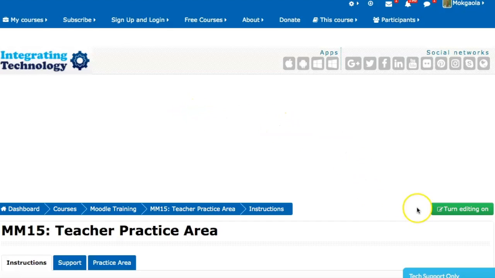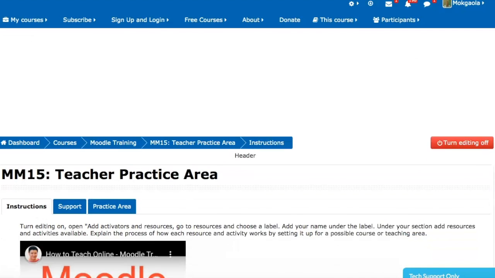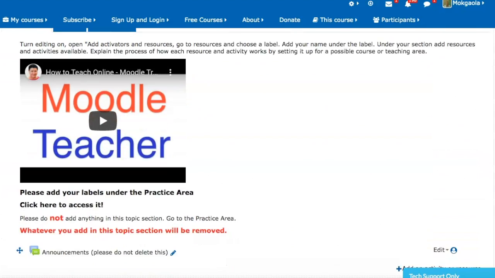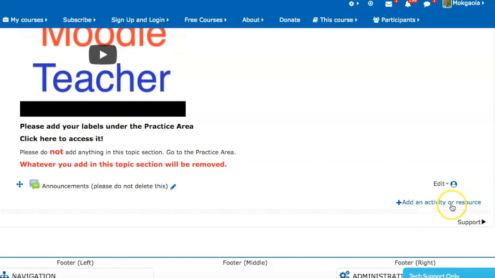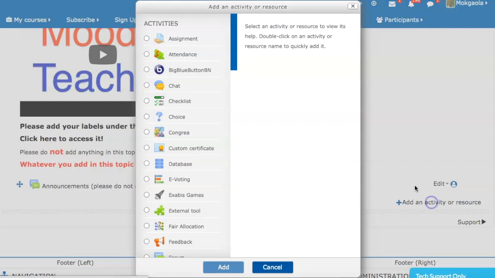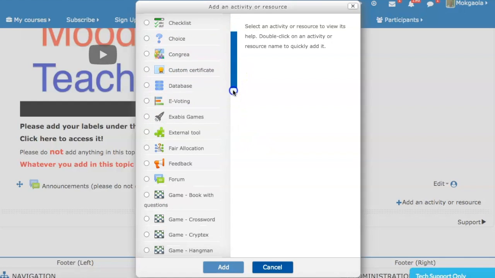First, you turn editing on, then let's scroll down to activities and resources. There's activity and resources, click on it. Right at the top are the activities. Then you scroll down